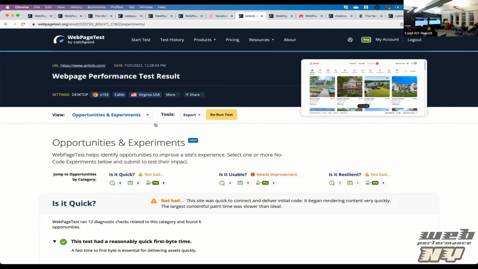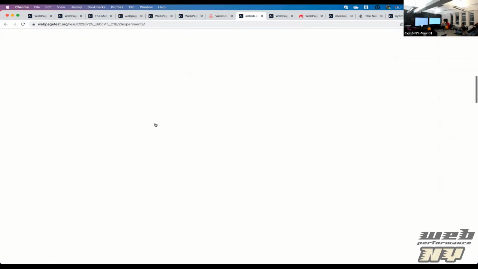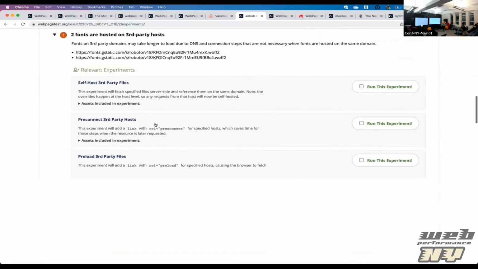And those are usually like, you've got a big hero image. Maybe you should preload that image, right? To get it to arrive sooner, or add a new priority hint to that image. But in this case, it wasn't necessarily that we wanted the image to be discovered sooner. We wanted just content in general to be given to the browser sooner, because it was all generated by JavaScript much later. So those images weren't even in the page for a while. So there's an opportunity at the bottom of the quickness category